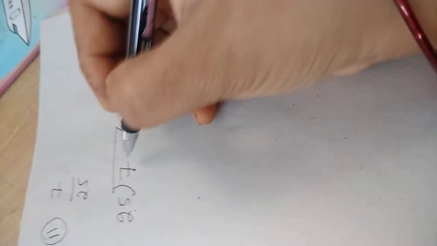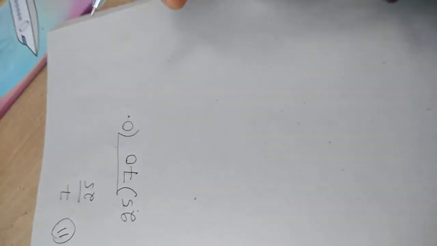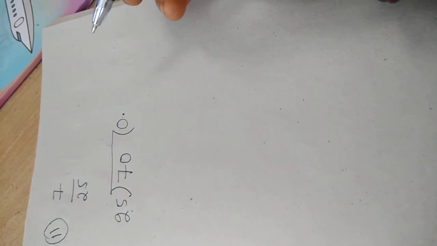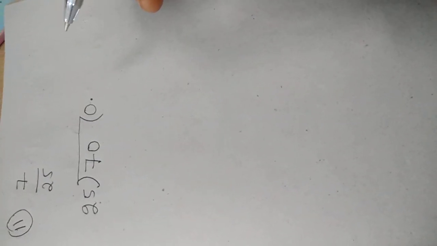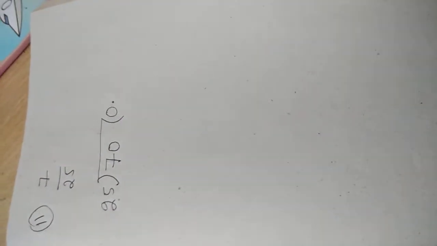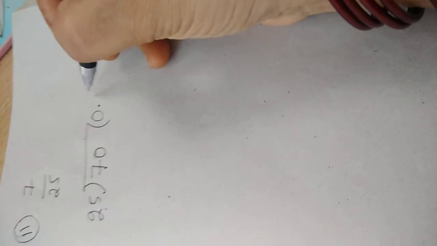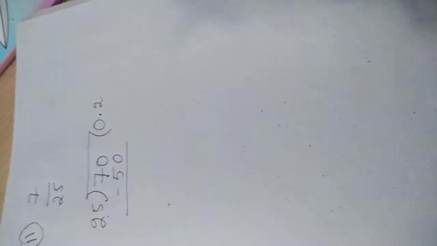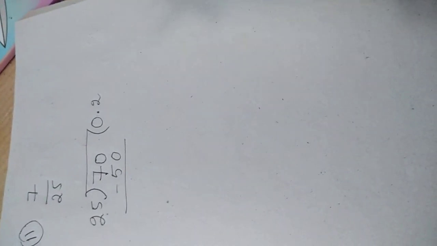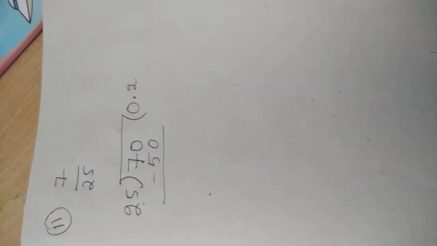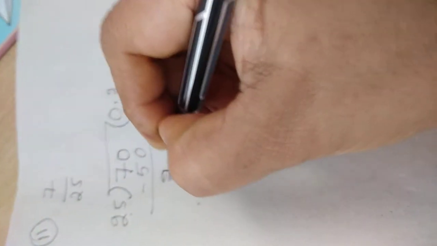And what will this point do? It will give 10 free to 7, making 70. Okay, now 25, how many will you count so that it will be 70 or less than 70? In 25's table, 70 is not there. So we have to find a smaller number than 70. That is 25 twos are 50. 25 threes will be 75 and it will be more than 70. So we can't take 25 threes. So we write 25 twos are 50. Now 70 minus 50 will give you 20.